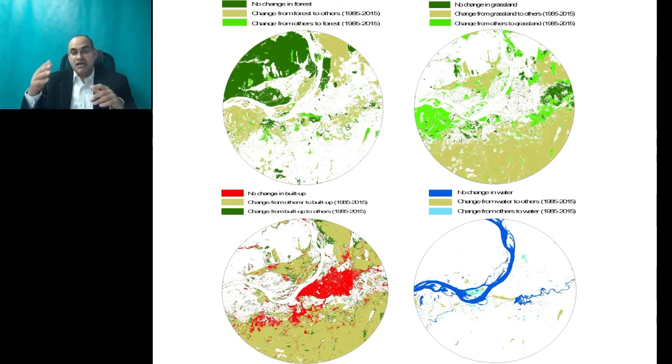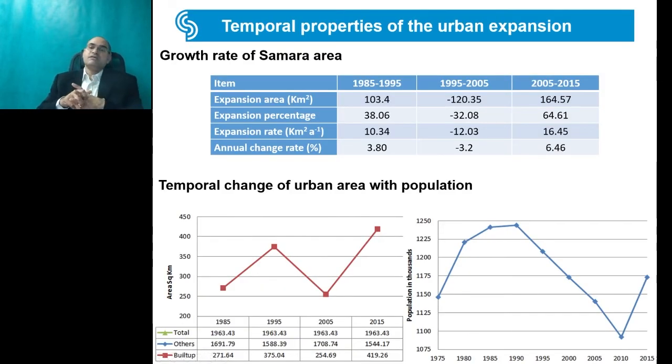So these maps again show you which areas converted, how much changed, where they are unchanged, and which class converted into which type of class through the cross tables. Like here, this is the forest map, grassland, water, and built-up area. As I told you, the city was increasing, so this is the built-up map, and till 95 it increased and then reduced. So I compared this information with